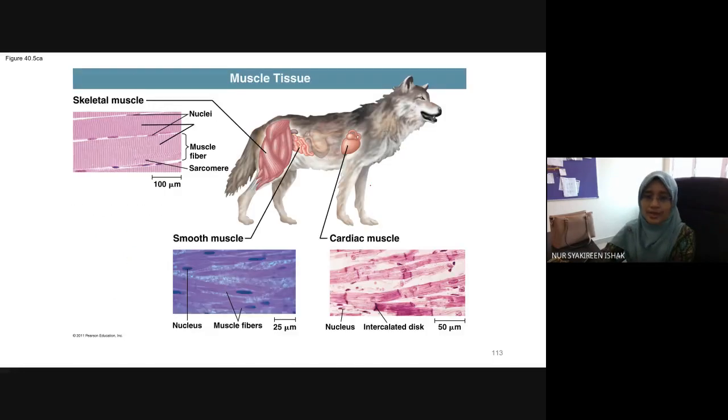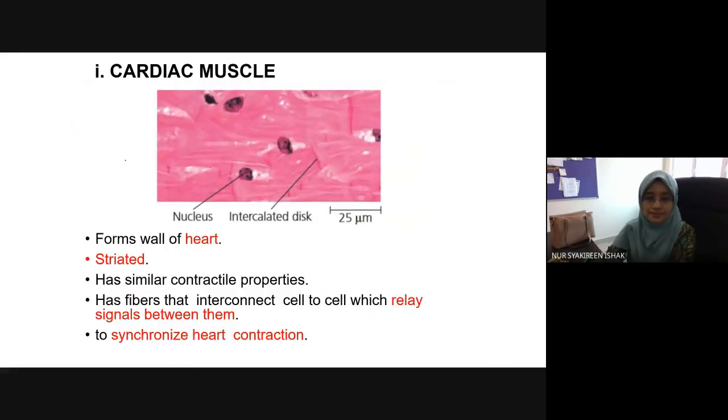Okay, so inilah position dia, cardiac, heart, smooth muscle, for example lining the stomach, okay, and also skeletal muscle that are found in your muscle. Okay, and then okay, so cardiac muscle it says here forms the wall of the heart, striated, maksudnya muscle dia berjalur, okay, and then has similar contractile properties, and then has fibers that interconnect cell to cell which relay signal between them. So what does it mean? Relay signal, it means that the cardiac muscle is capable of generating and transmitting impulse. Ingat ya, dekat heart dia tak ada